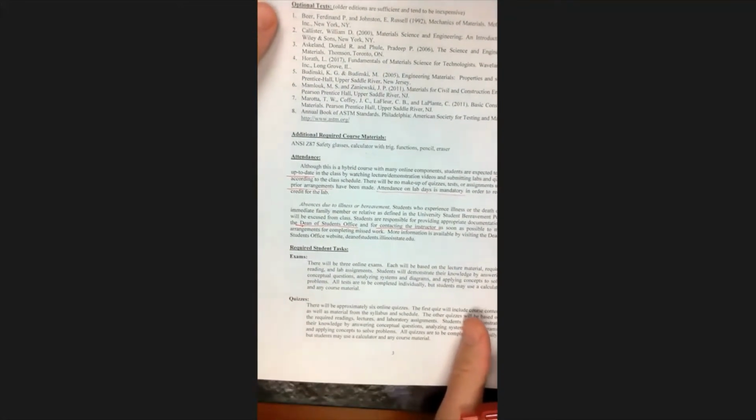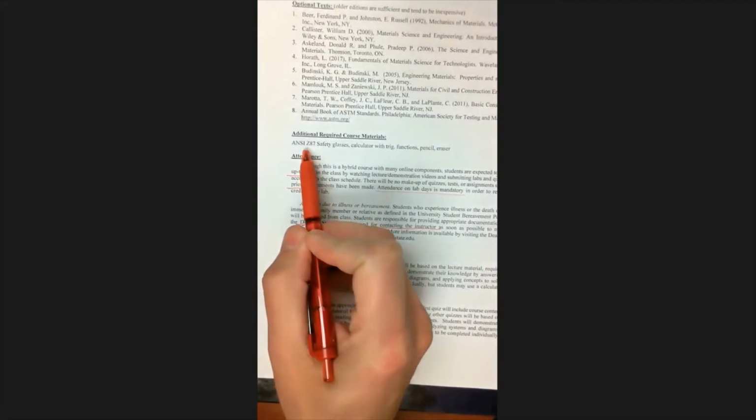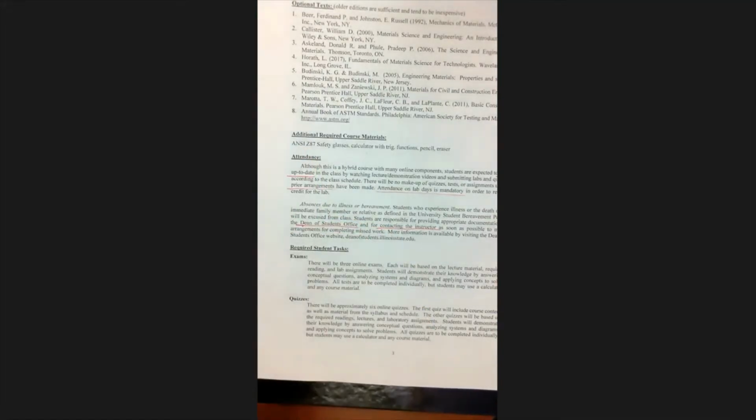The other thing that you do have to have for this class is a pair of safety glasses. Most of you, this is probably not your first engineering technology course, so you probably already have them. Well, they look kind of like that. The one thing you have to make sure of is, I'm looking for it right now. Yeah, if you see,